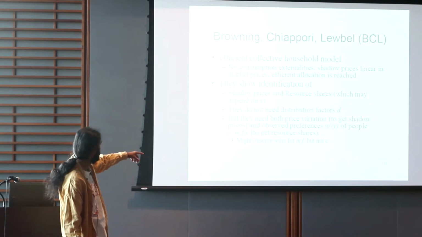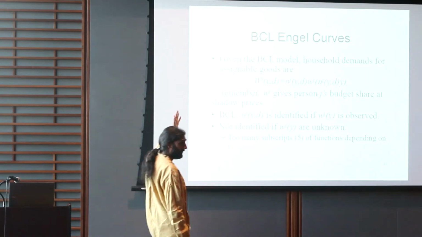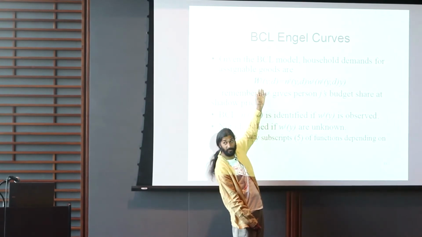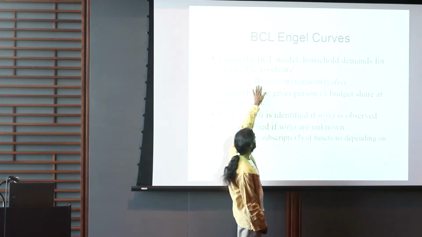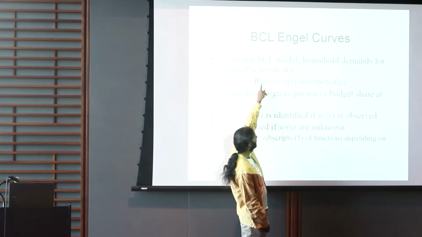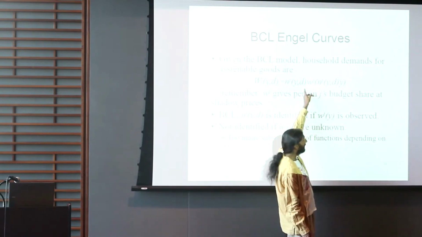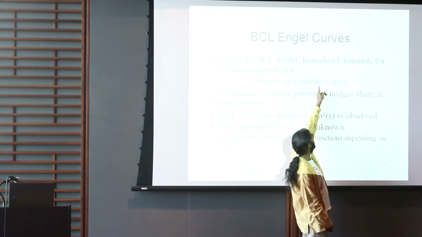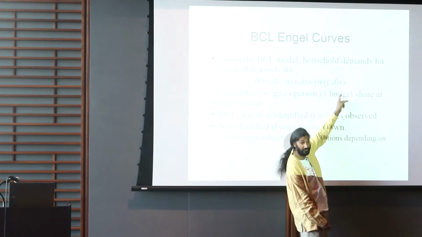This I've already said. Given the BCL model, now this is just their result for an assignable good, and it's very much simpler than their result for any good that's not assignable. But for an assignable good, the budget share function for the household for person j's assignable good is just their resource share times what that person would do if living alone, facing the shadow price vector, and having their resource share times the household budget. So having their budget within the household.